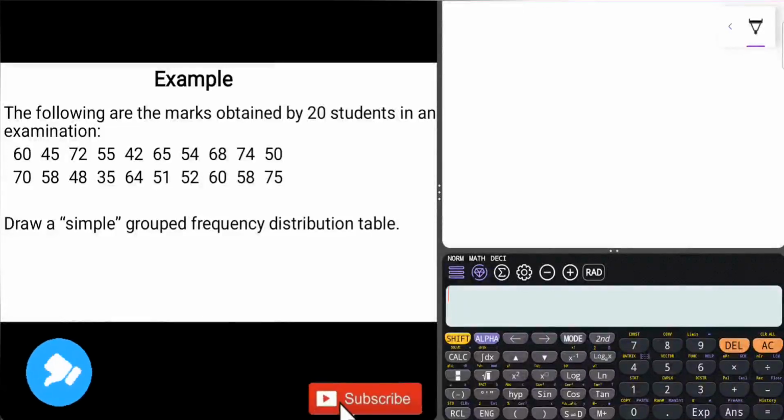So in today's video, we are continuing with our discussion on classification of data, and today we are looking at how to use Sturge's rule to draw a simple group frequency distribution. If you watched the previous video, you can clearly see that the same question we used, we're going to use to discuss the concept of Sturge's rule in drawing a simple